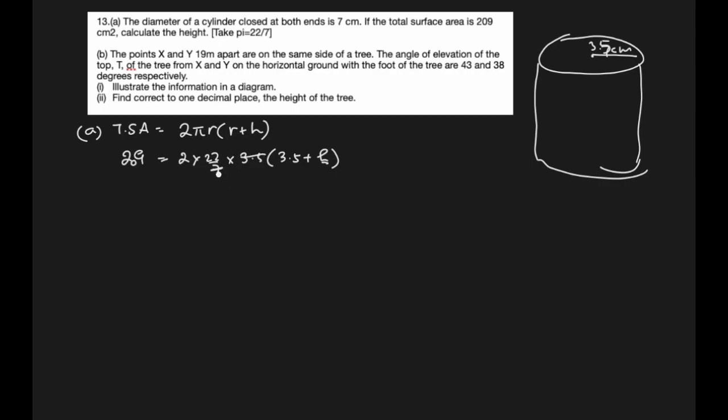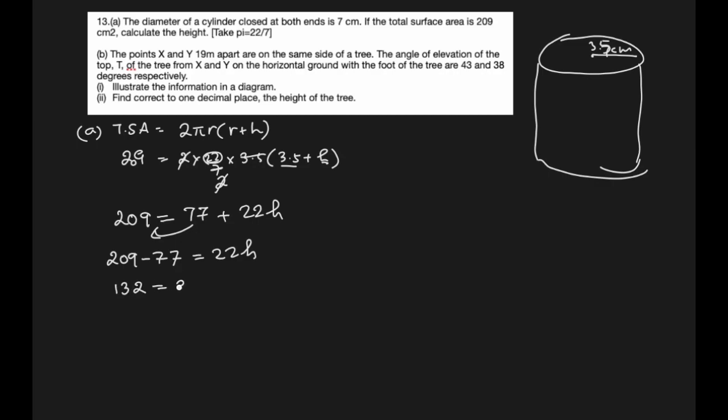So let's cancel this. 2 and 2 will cancel out, and let's open the bracket. 209 is equal to 22 left here. 22 times 3.5 will be 77 plus 22 h. Let's bring it to the left side. 209 minus 77 equal to 22 h, and that will be 132 equal to 22 h. This cancels here, and it will be h equal to 6